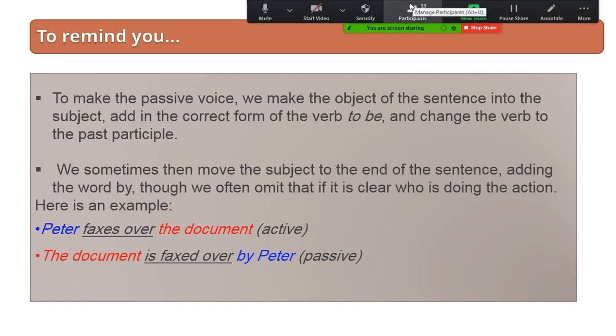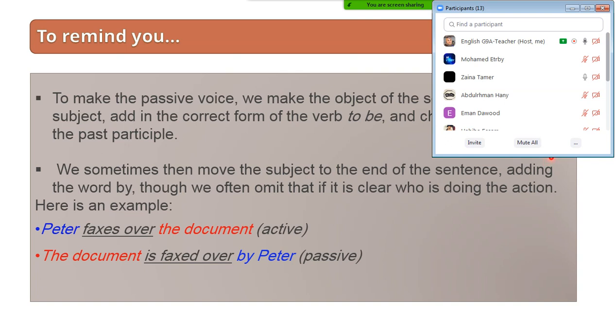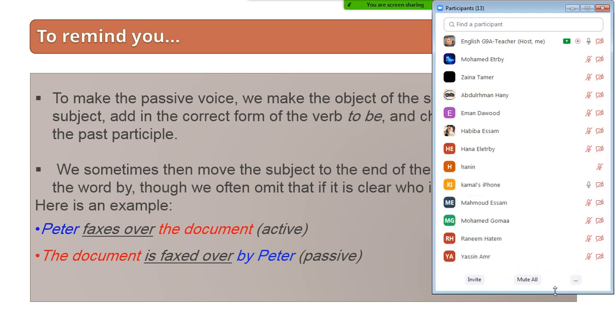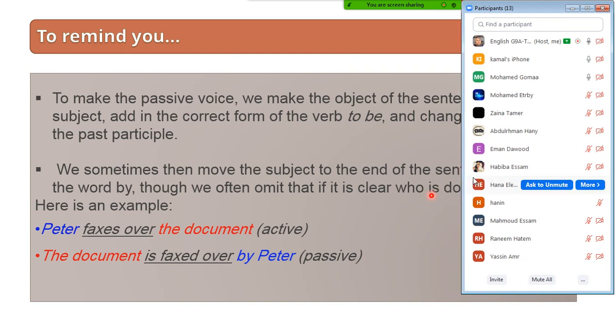Any questions? People who are here, someone answer. No, yes, thank you. Miss, can you repeat in the passive? Repeat what? Repeat the passive. This part? Yes, the passive. Okay, Muhammad, I will. Yes, Kamal, what was your question?